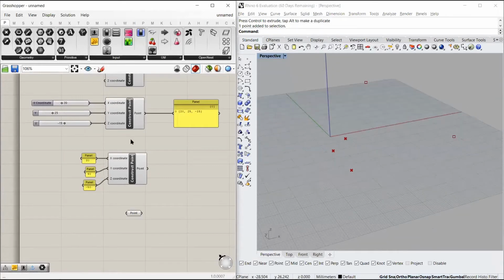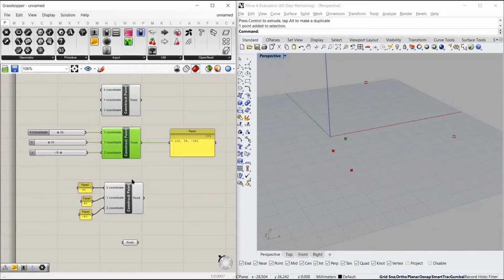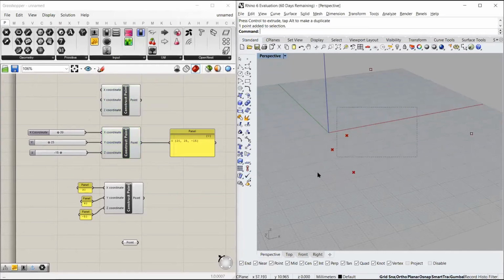Now my first three points are only visualizations. So if I try to select them in the Rhino interface, you see I cannot select them, because these points are only visualizations which can be controlled using these parameters of number slider or a panel.